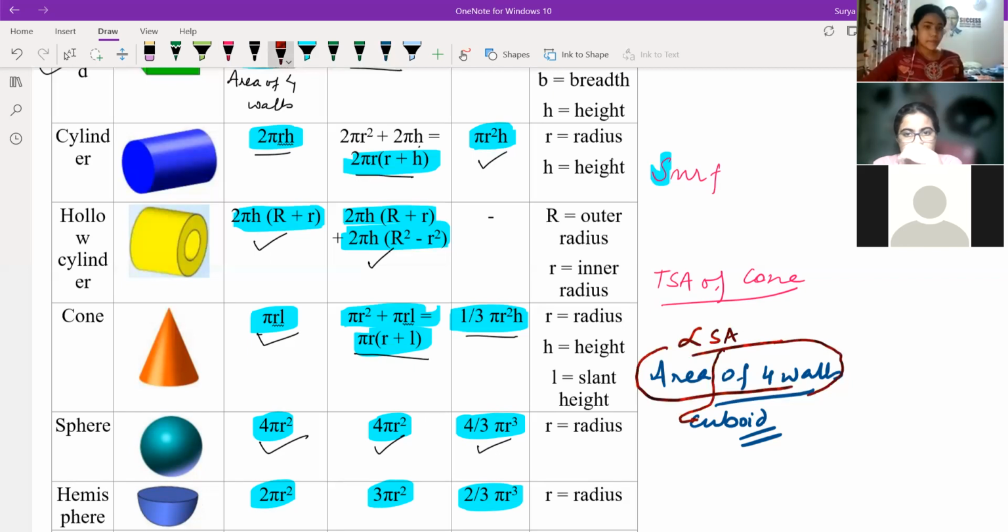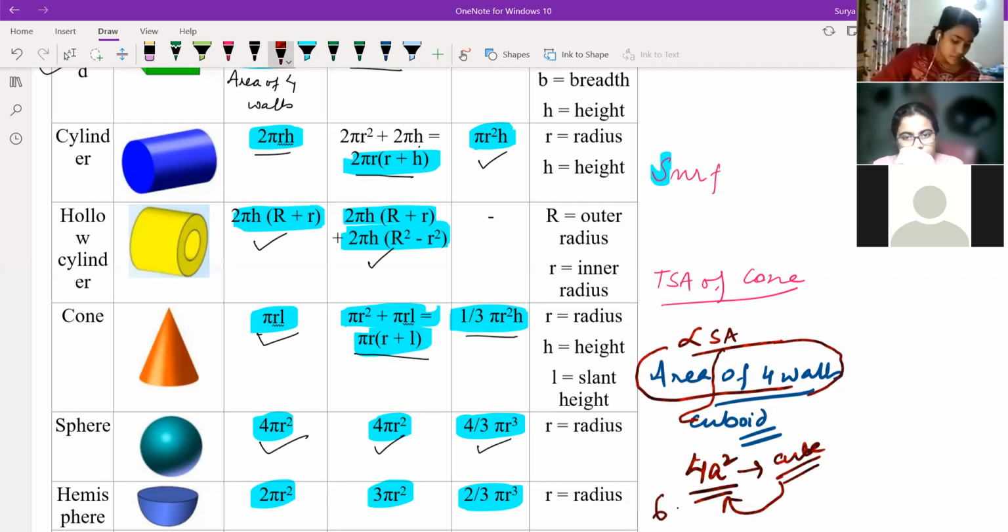See, how did you tell 4a square? For what did you tell the 4a square formula? There are set for cube, sir. Cube, and what is cube? Volume, CSA, TSA, which formula is this for cube? Sir, I said 6a square, surface area of cube, sir. Okay, surface area of cube is 6a square, right? Yes, sir. If surface area is 6a square, what is 4a square here?